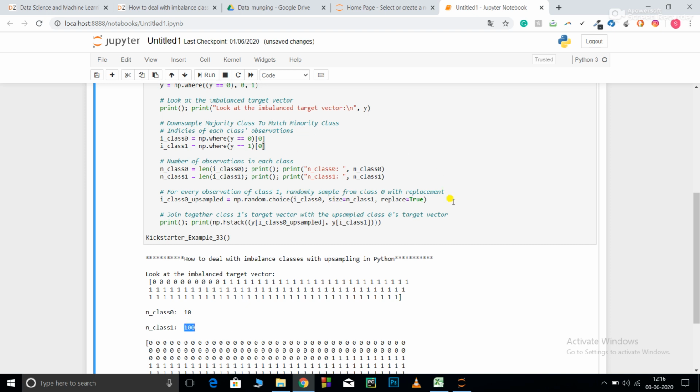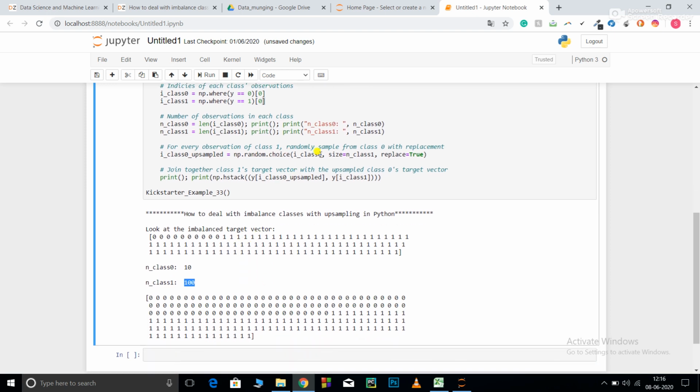So over here, I'm going to upsample. How am I going to do the upsampling? I'm creating a new vector, i_class0_upsampled, using np.random.choice.